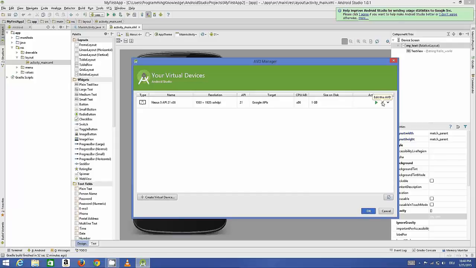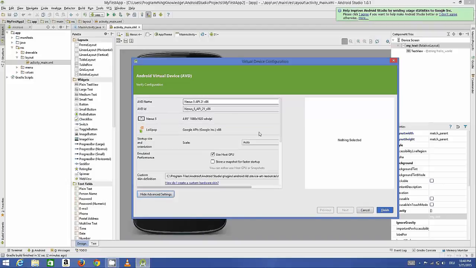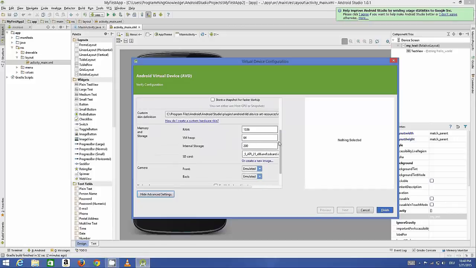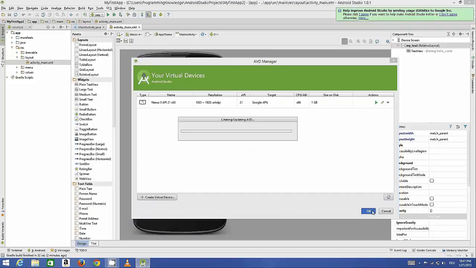Okay, and in the show advanced settings, you can even do some advanced settings, for example RAM settings or VM heap or internal storage, right? So for now, by default I can see this RAM is 1536, which I think we need to change, but for now I will leave it as default because I want to run my application and see if any error occurs. We will change this RAM, because sometimes whenever you for the first time run your emulator, it gives this